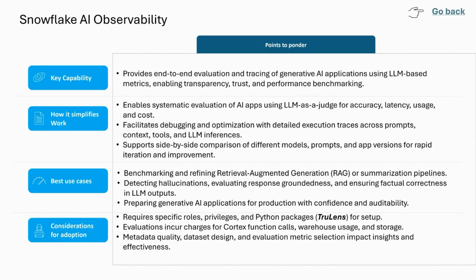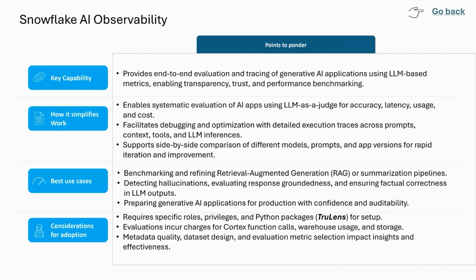Again, observability. This is another fantastic feature whenever we are building generative AI applications. The capability that AI observability offers is that people building generative AI applications can ensure the applications they are building are trustworthy and giving the right performance.